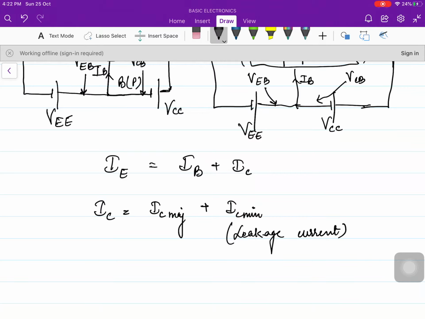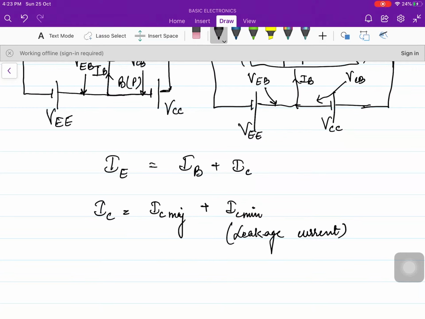Alright. So here first of all we should understand that the collector current is composed of two components. One is due to the majority and the other is due to the minority. The majority one is the one that we discussed while learning the operation of NPN transistor. Now the minority, from where has this minority come? You neglected the fact that the collector base junction is reverse biased. So in the reverse biased junction, a very small current flows due to the minority carriers also. So here we have discussed it in detail that the collector current is not only due to the majority but it is also due to the minority carriers.